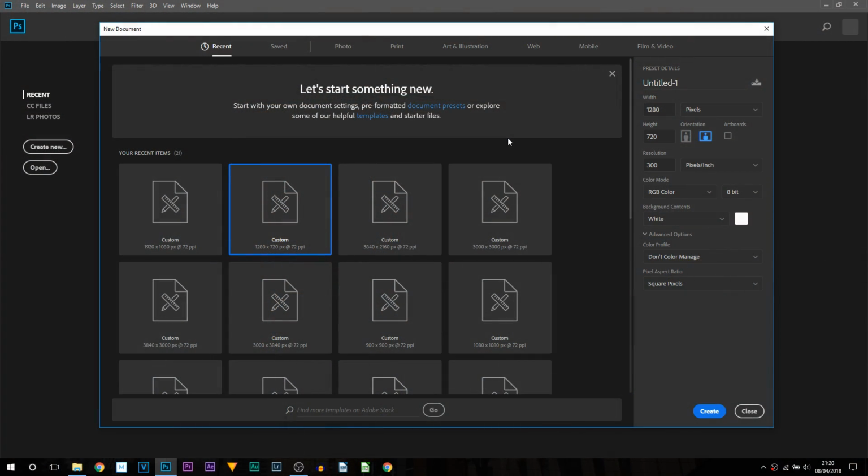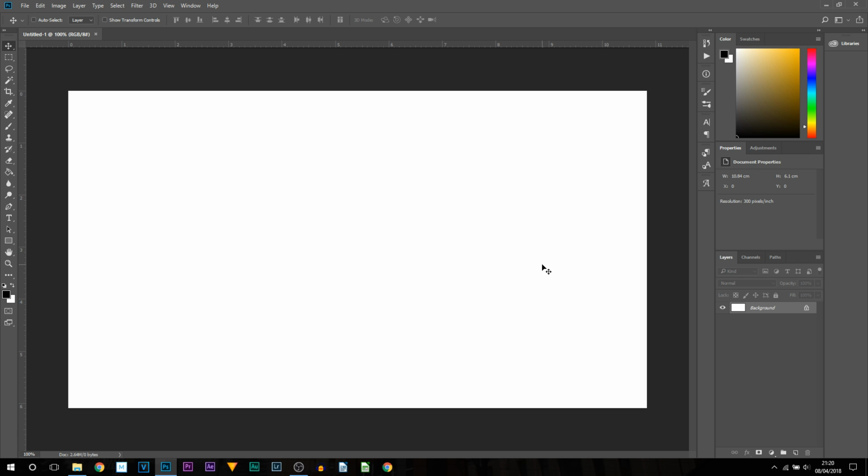So here we are in Photoshop, and first things first is you need to have the correct dimensions. YouTube supports 1280 by 720 and I have a resolution of 300. Bear in mind when you put the 1280 by 720, make sure it is selected in pixels. From there you can leave everything else the same and just select create. So here's our blank canvas, and the first thing I'm going to be doing is simply finding an image we